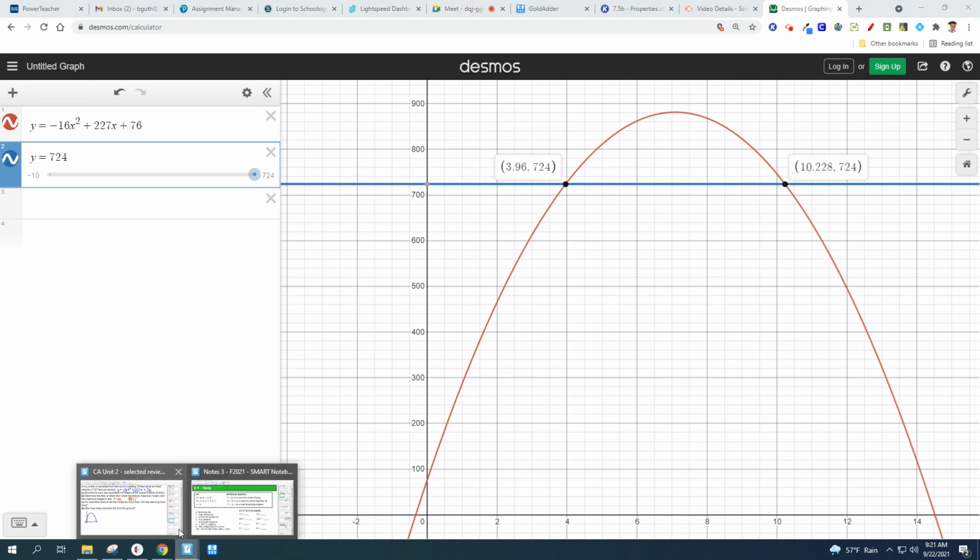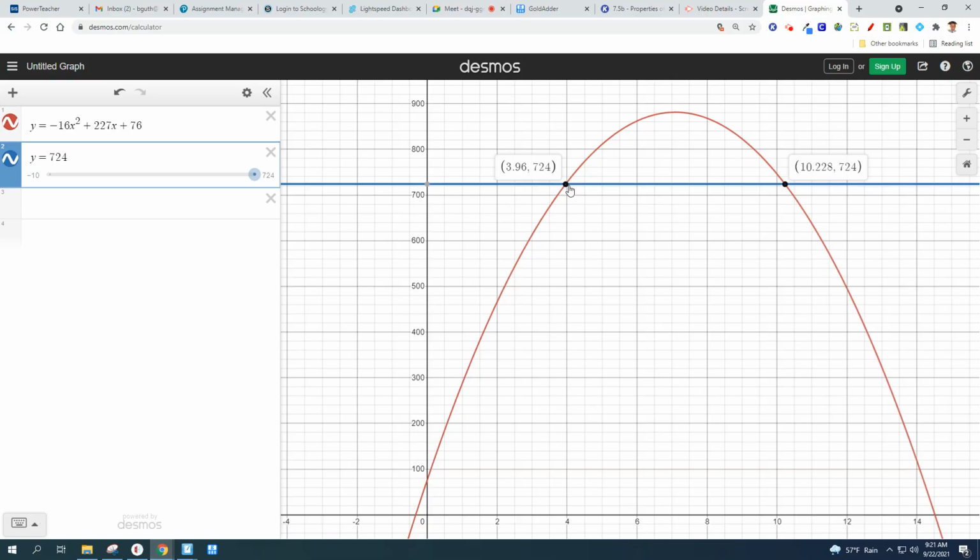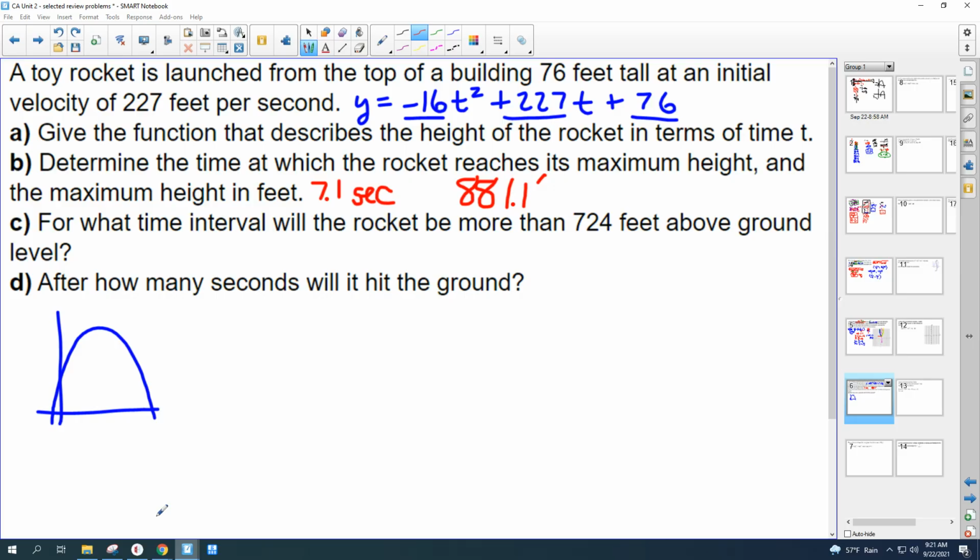So when they ask for what time interval, remember time is the x number. They're talking about the x number on this graph, between 3.96 and 10.2 or whatever. So between 3.96 and 10.23, let's say. So we would say